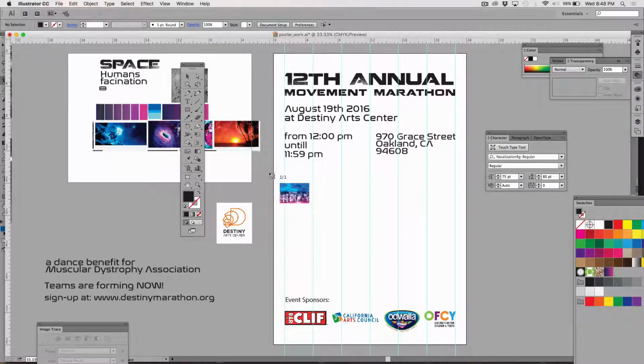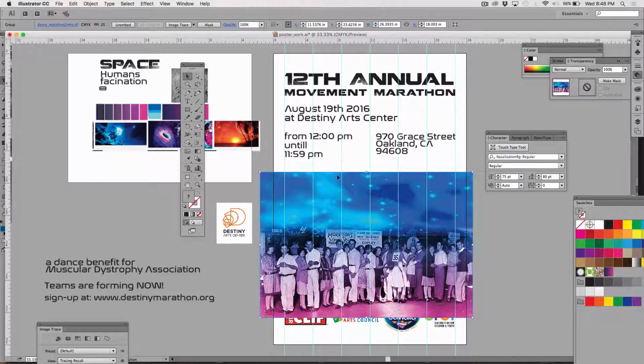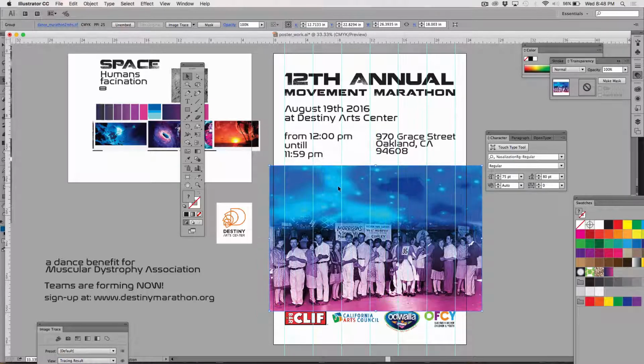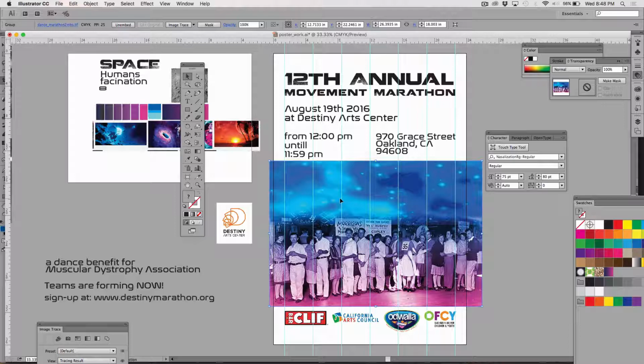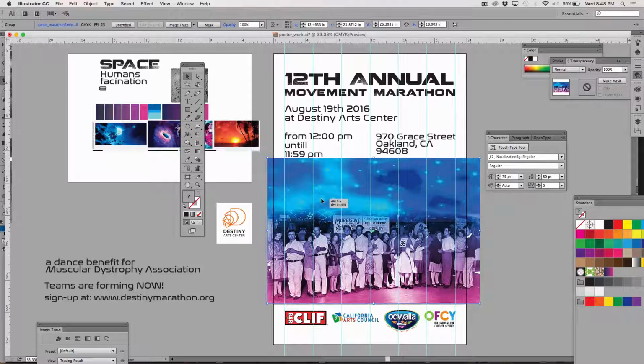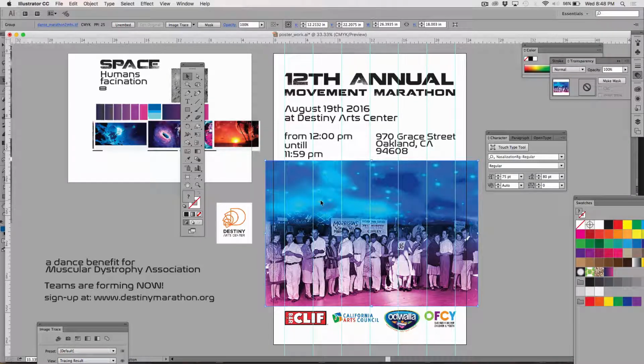The artwork, if I want it to print to the edge, actually has to go off the edge a little bit to print properly. So I'm sizing it a little bit bigger than the width, and now I'm happy because everything is fitting for the most part. The artwork probably also should not be on top of everything else. That's probably not a good idea. So I'm going to do